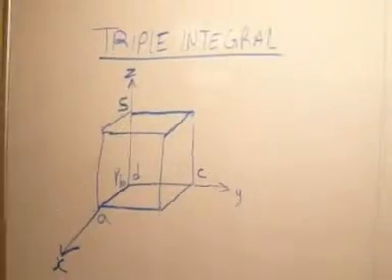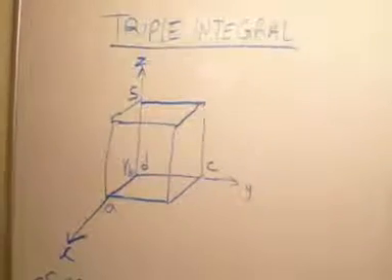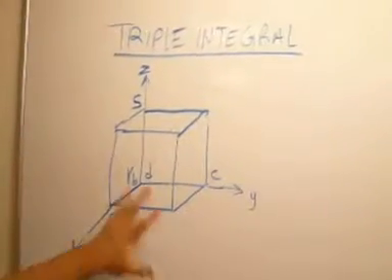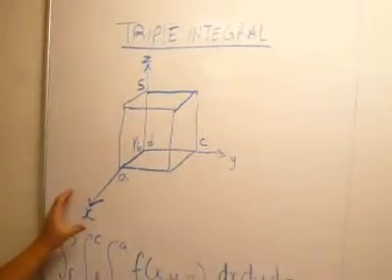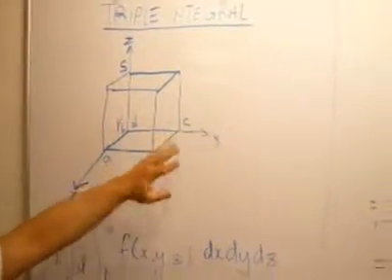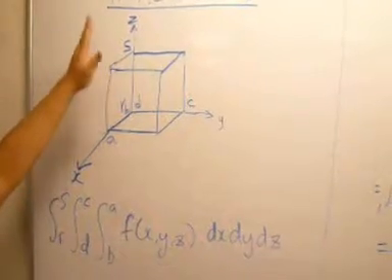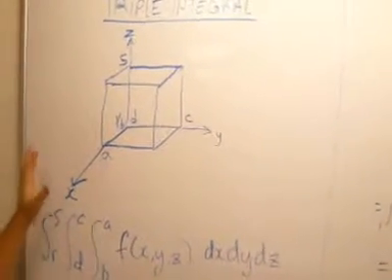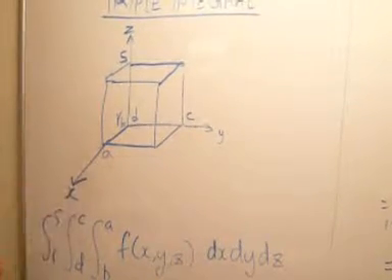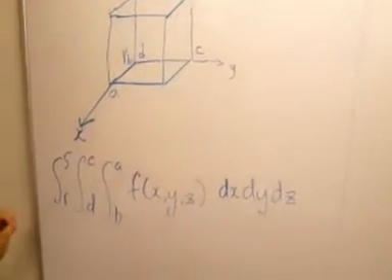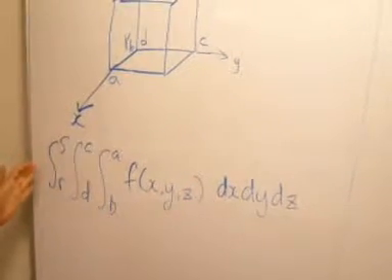Today we are going to use triple integrals to find the volume of a boundary given. Given the limits from A to B on the x-axis, and C to D on the y-axis, and given R to S on the z-axis, we can find the volume of this cube if we know the limits. So by using a triple integral, we first